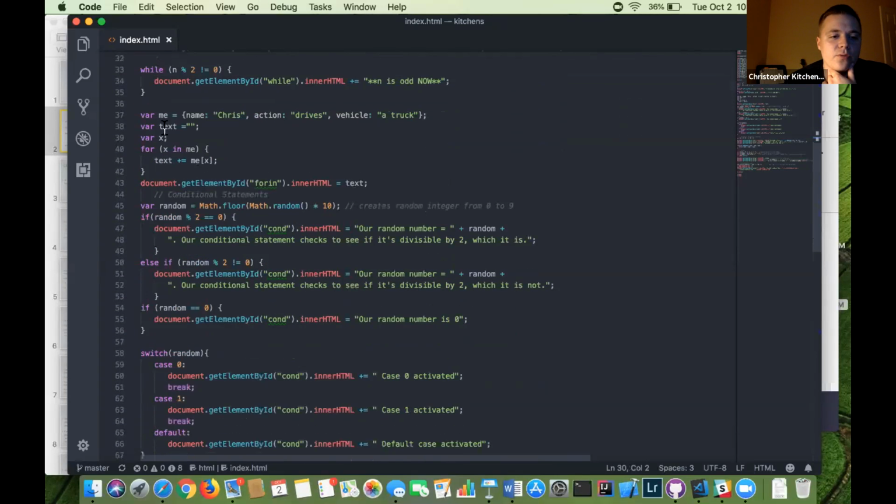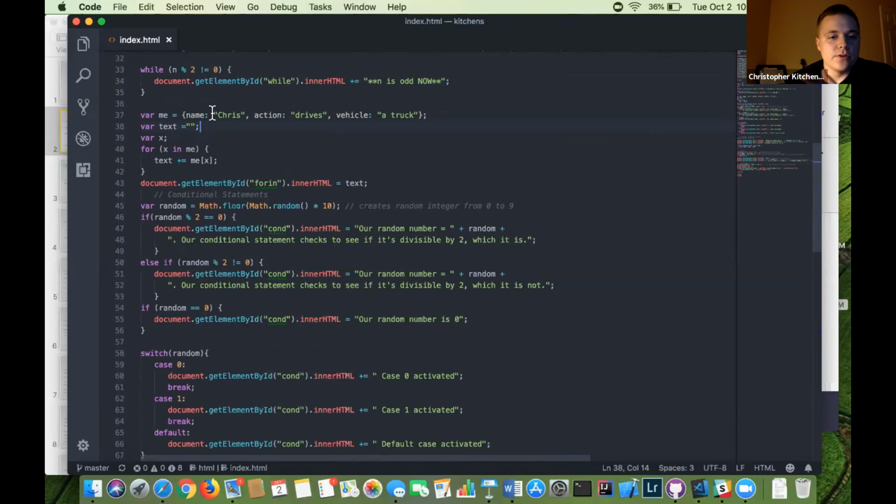So the for in loop was different for me. In JavaScript, we have objects where we can assign different properties to them, and they can be different data types. That mixing of data types is something I'm still getting used to.